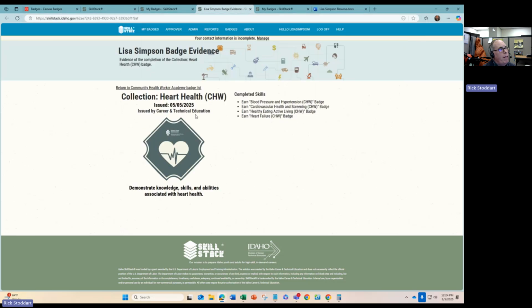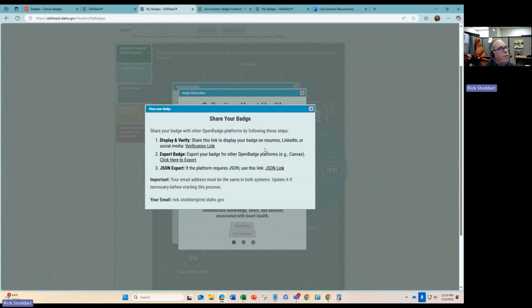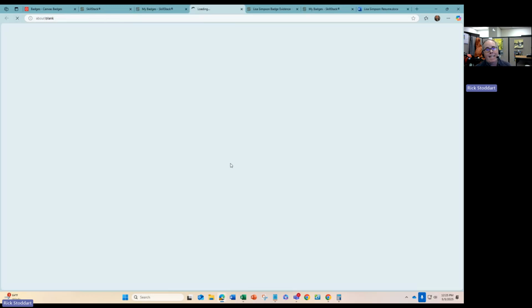And so this is saying when the badge was earned and who it was issued by, and then the associated skills or badges that are related to it. So this is a useful link that you can share with an employer, put on a resume, etc. There is also a click here to export. This will export an image of the badge that has all that metadata